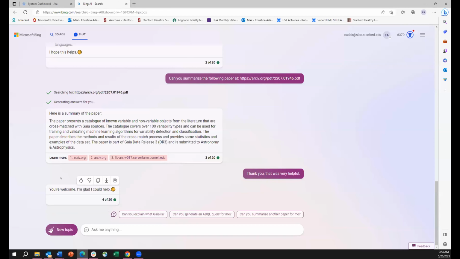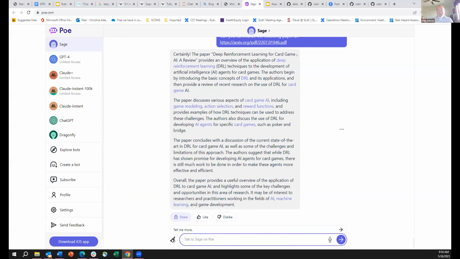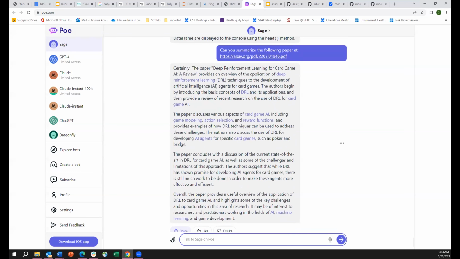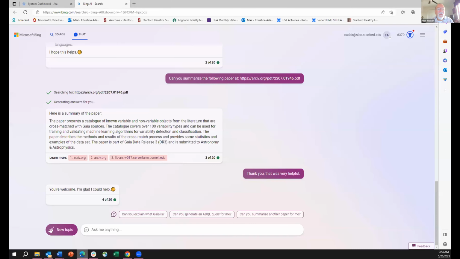You're right. Just since I don't think that paper's on card games. Exactly. What you're seeing is probably a hallucination. This is an example of when it's just giving you data to make you happy. So this one doesn't have the ability to do that, but Bing does. Yes, Bing does have that. Very nice.